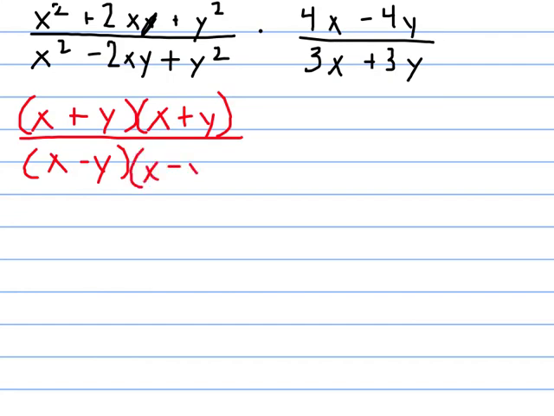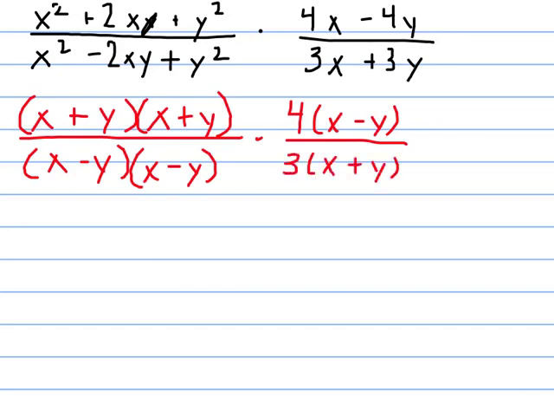times x minus y. And then on the top we can factor a 4 out and we have x minus y. On the bottom we can factor a 3 out. So we have our entire problem completely factored out. Now let's look and see what we can cancel. I have an x minus y here, so I can cancel out one of them with that. And then I have an x plus y and an x plus y. One of those will cancel from numerator to denominator. And then we can just write whatever's left. So I have 4 times that